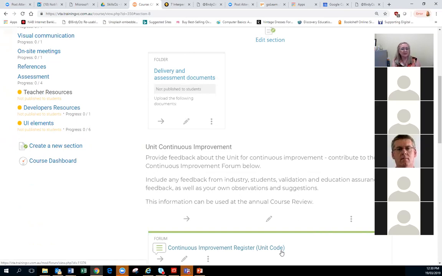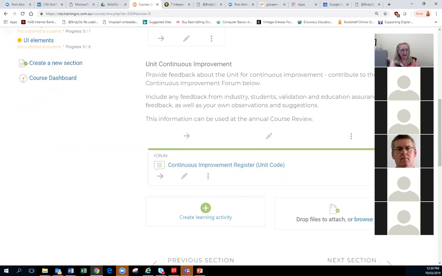Okay, anyone else got any other ideas? Okay. So that's something very simple to do, which can capture that and actually allow it to happen.